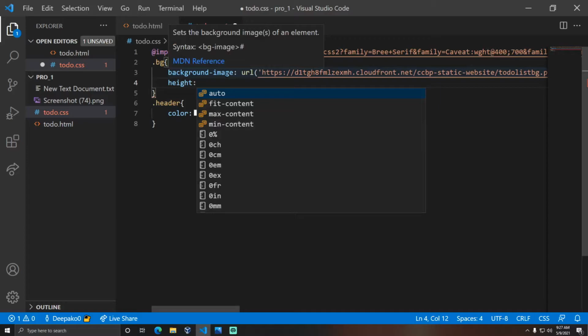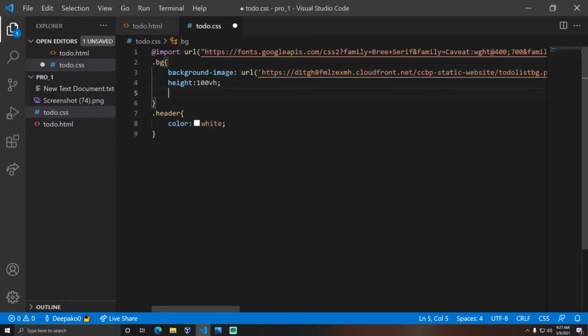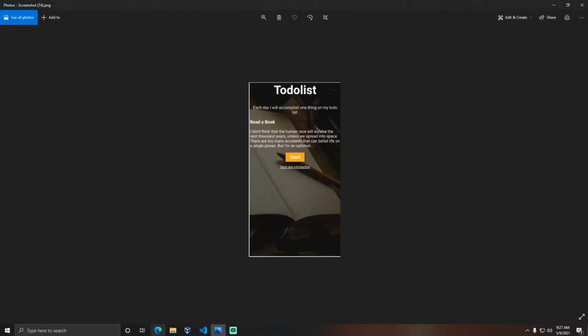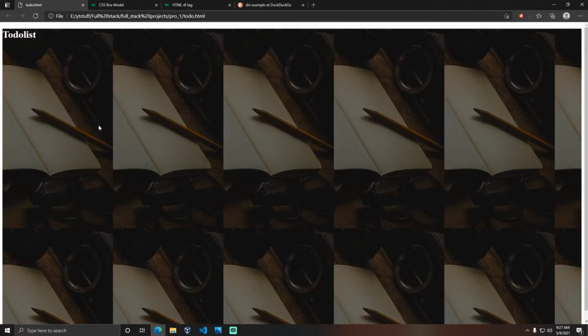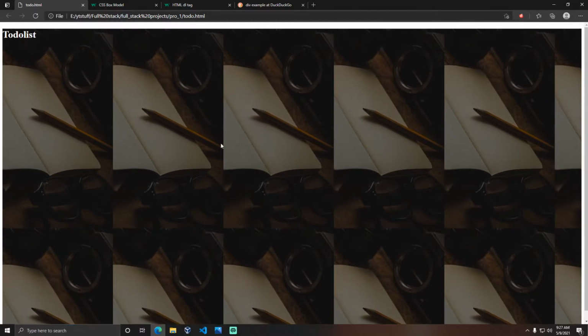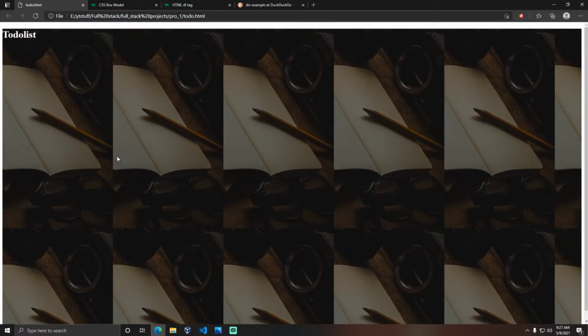So let me take 100 VH for the height, and let me leave the width as usual. Okay, and reload it. As you can see now, the height will be 100 VH, I mean the background image occupies the viewport height. But you can see the images are repeated and replicated until the background height reaches 100 VH.